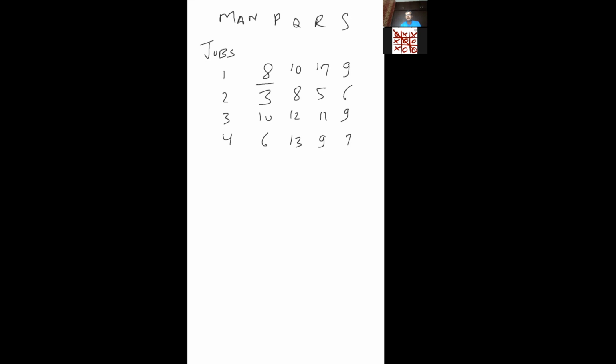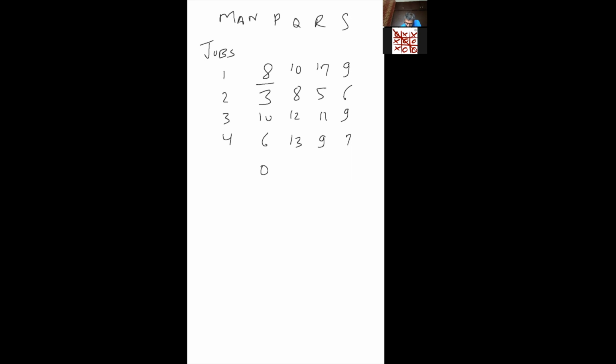So what we do here is we do row reduction first, and then we do column reduction. In a row reduction, what we do, we subtract the minimum number there in each row from each of the elements and create another matrix. Just to repeat, we subtract the minimum number in each row from all the elements and create a fresh row. Let's do that. So the minimum number here is 8.